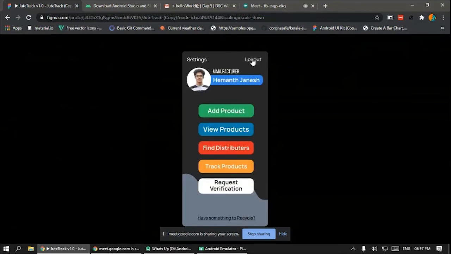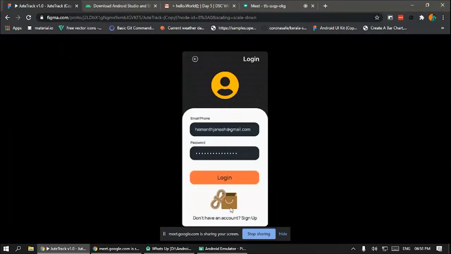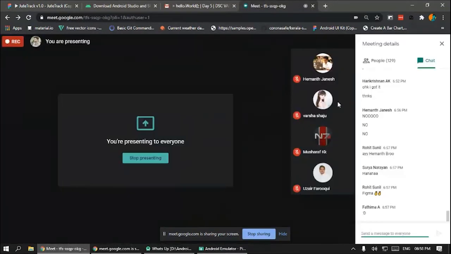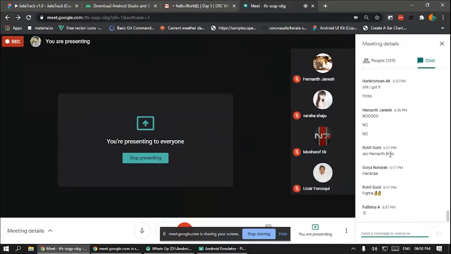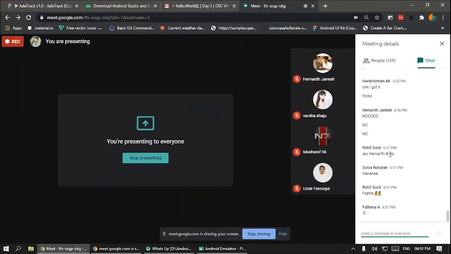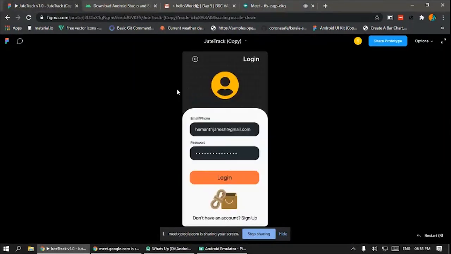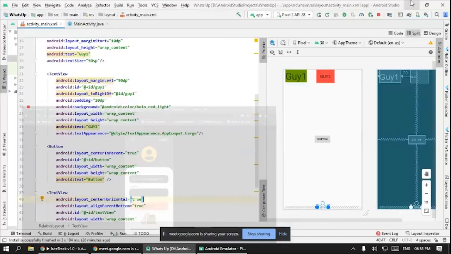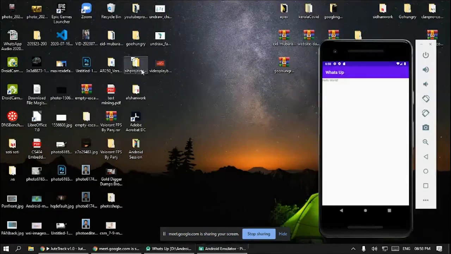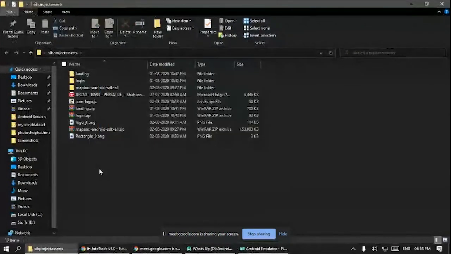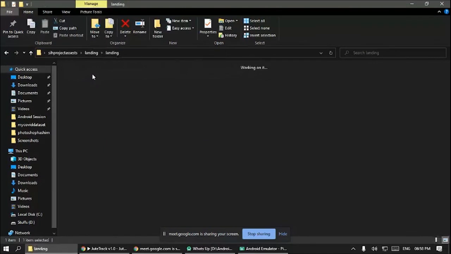Now I need to replicate the same design in Android Studio, right? You cannot directly export this to Android Studio. You need to replicate this. First, you should get your designer to export all of the components. I made Hemant export them, and I got them here, and I put the first component in my landing page.